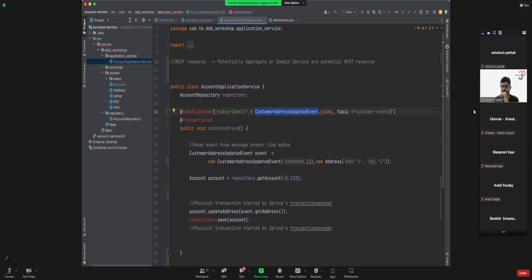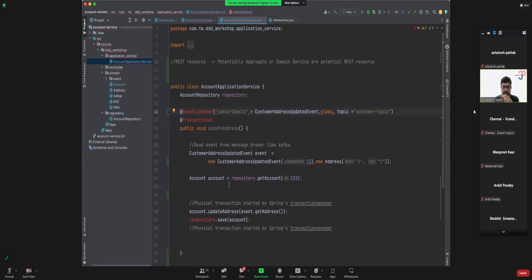The name of the topic is, I think, customer topics or something like that. It's listening to that topic, and whenever it receives that event, it reads it from the Kafka topic.